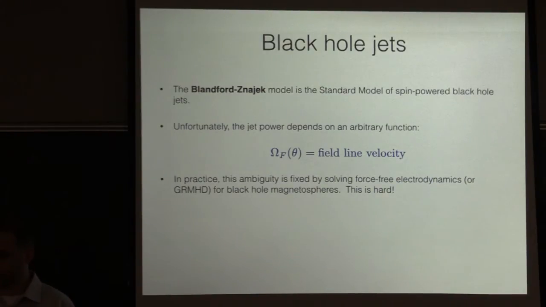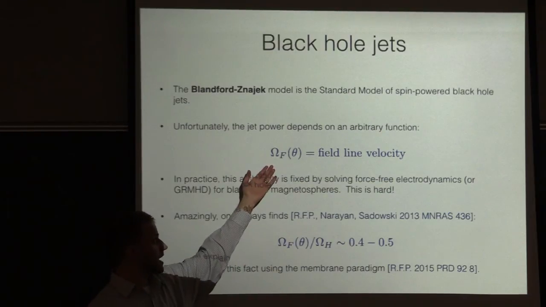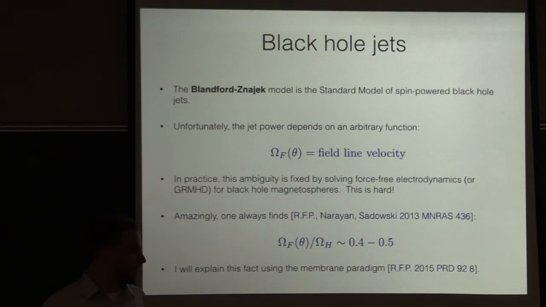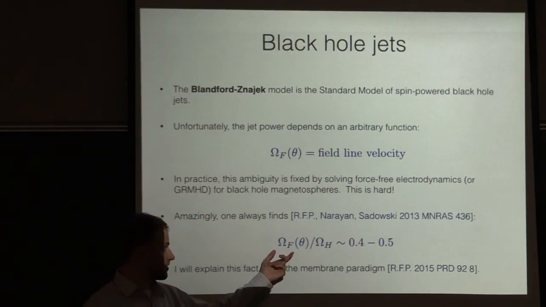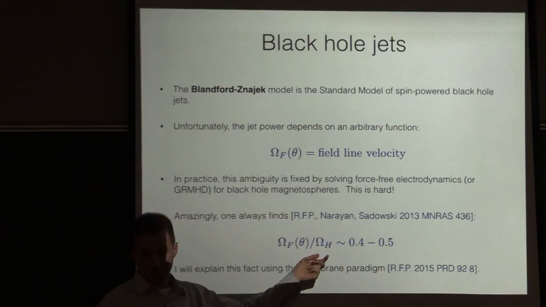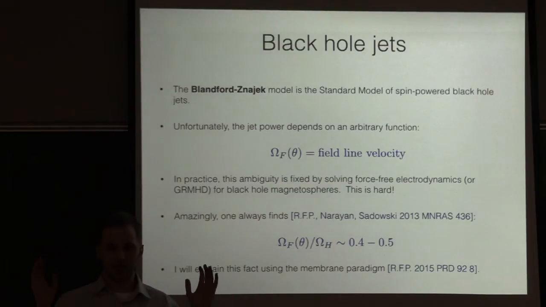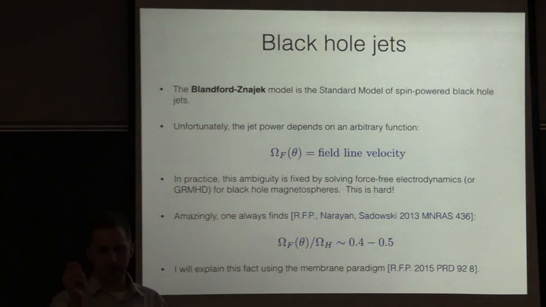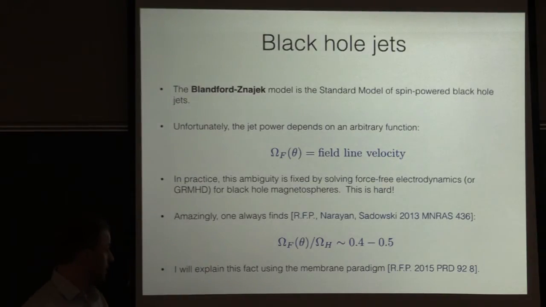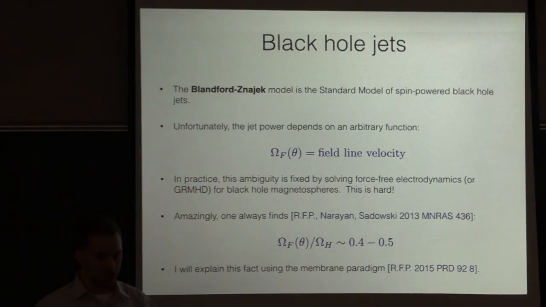And what I find, what everyone finds, is that there's this incredible universality, which is that this free parameter, or it really could have been a function's worth of free parameters, has this universal value: omega f is always sitting right about at a half omega h, where omega h is the angular velocity of the horizon. So if you have a spinning black hole and you take some magnetic fields and just throw them on the spinning black hole and you wait long enough and come back, you'll generically find the field lines spinning around at half the angular velocity of the horizon. Okay, and knowing that is enough to go plug it into the Blandford-Znajek model and start computing jet powers.